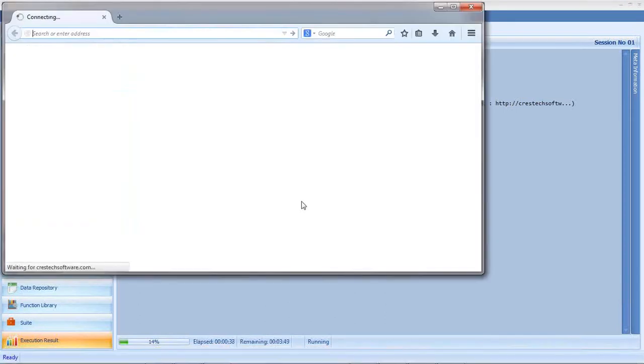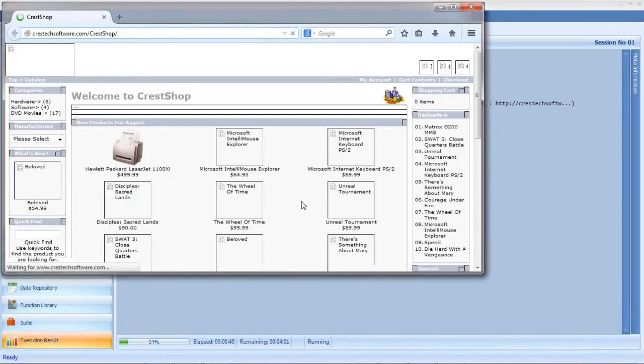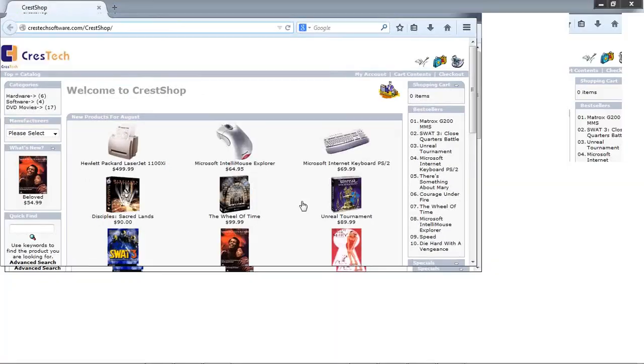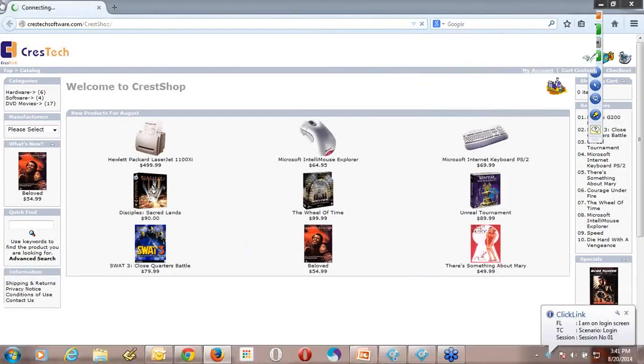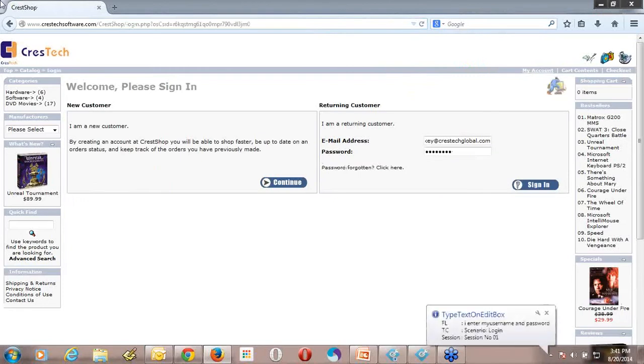It has opened the URL I have mentioned. My precondition was that I was on the login screen, right? So it's available in the given part. Then I'll type my user ID, password, and click on the sign in button, and then verify my account screen. This verification is in the then part.